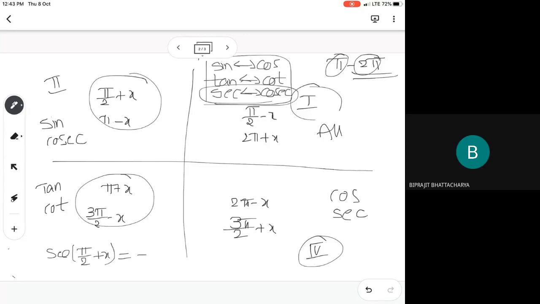Tan will not come. Yes, what will come? Sir, cos will come, cos x. Arey, look there, son. Why are you getting confused with that? Very simple. Secant changes to cosec. The arrow mark is written there. Secant changes to cosec, cosec changes to secant. Here secant is given, so what will you get? Sir, cosec x. That's all. You know that, but you are getting confused. There is nothing to be confused about, just practice and it will come.